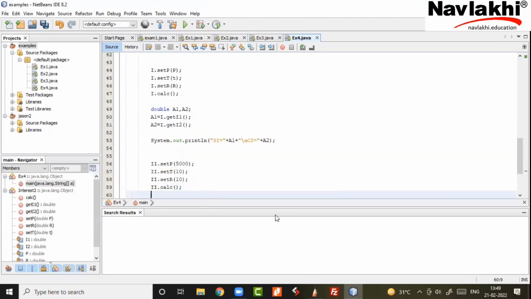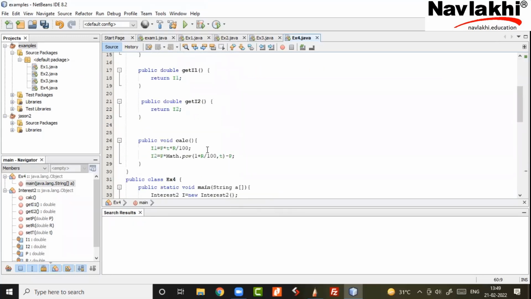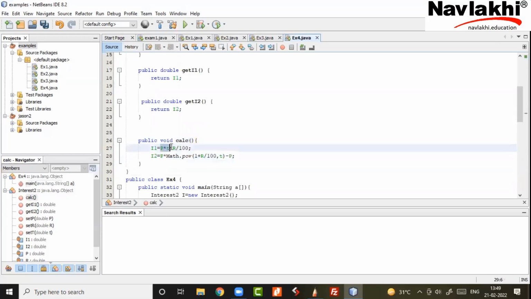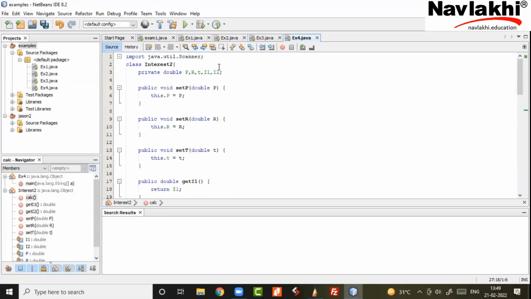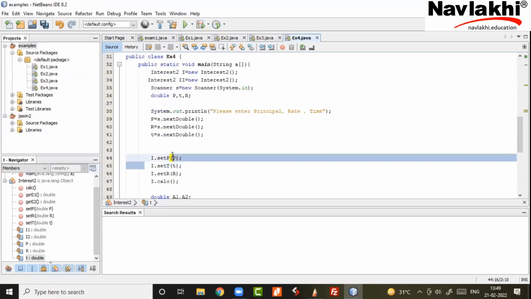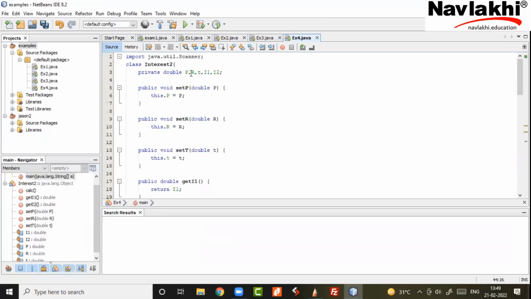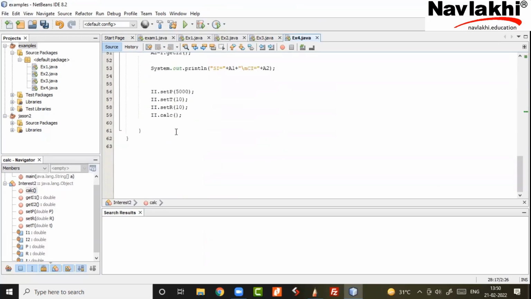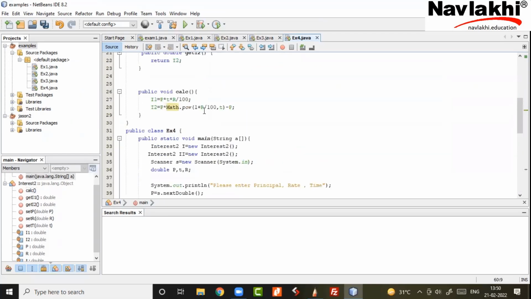ii.calculate is ii's calculate, which will use ii's principal and ii's rate. When I call the calculate function, you may think it's the same code, yes, but who's p, who's t and who's r? You will say, sir, this one, agreed, but who filled this one? That is important. The main function did. When I filled it, calc will work with I's PTR values, because I.calc was called. And when you call ii.calc, the values that ii set will be used in calc. So the formula is the same.